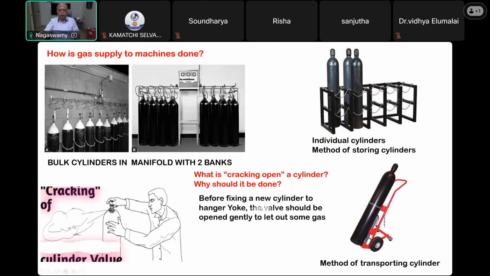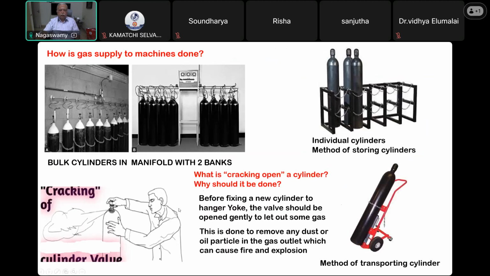So before fixing a new cylinder to the hanger yoke where the cylinders are fixed, the valve should be opened gently to let out some gas. This is called cracking open the cylinder. The reason is that this is done to remove any dust or oil particles in the gas outlet, which can cause fire and explosion. Okay, so this is a very, very common question, and you should not make any mistake on that,